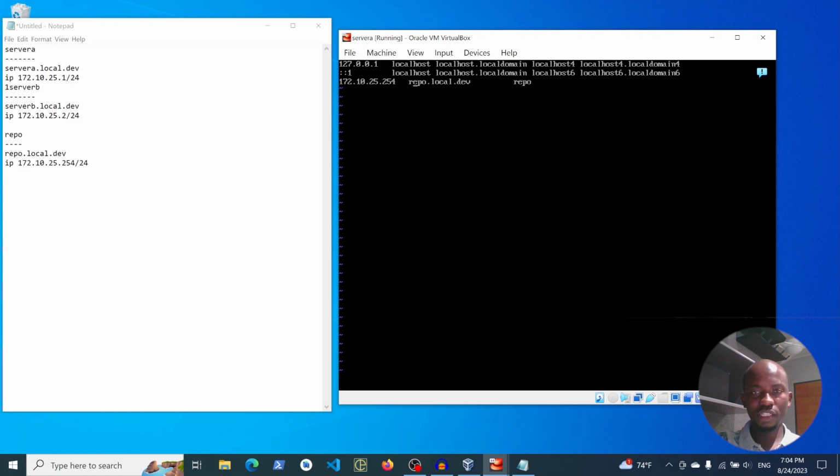This is the FQDN, the fully qualified domain name, and at the end the short name. When you set a value in this file, you always have the long name, the FQDN, and the short name. I'll copy that and change it for server